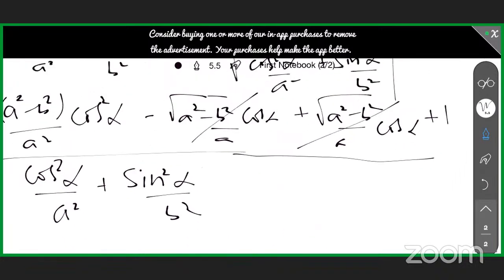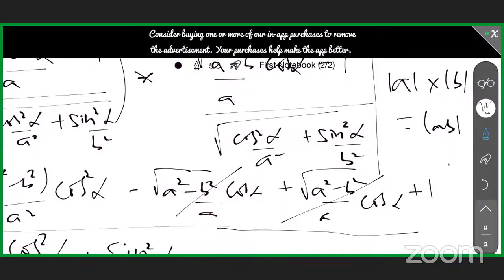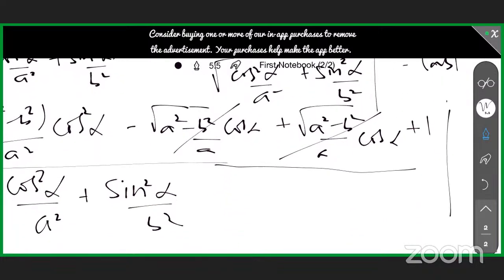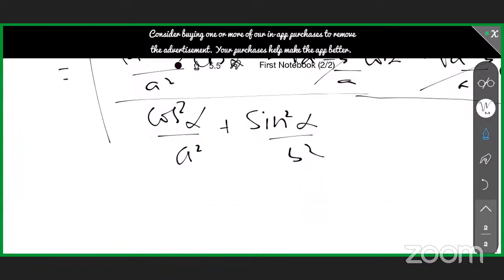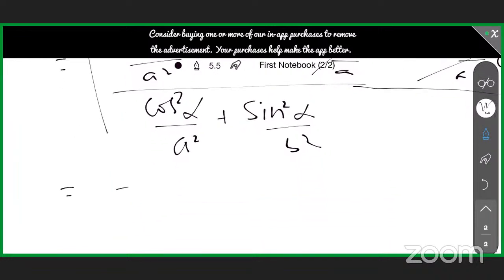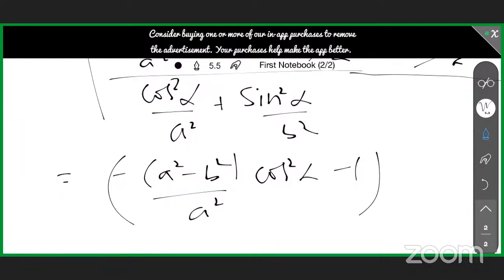Modulus is there, because we know that mod A into mod B is equal to mod of AB. So that modulus is there. I'm taking this modulus for everything. So this will be equal to now minus of A square plus B square minus of A square minus B square by A square into cos square alpha minus 1. This whole divided by,